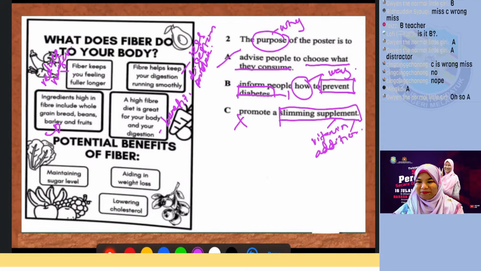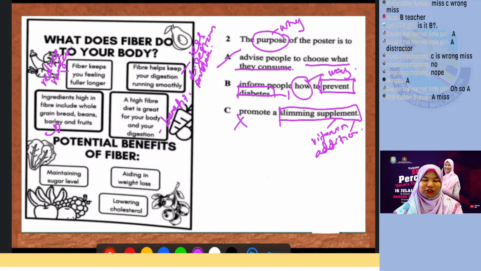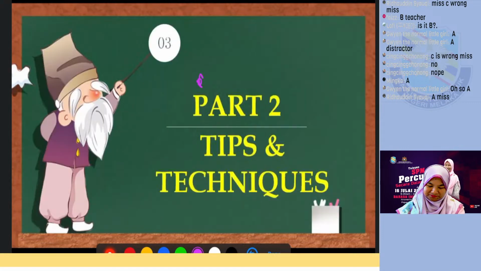Yes, Minka, A. Also A. Yes, Gwen, it is A. That's why B is a classic example of a distractor. Yes, Ridauddin, A, that's right. Well done, everyone. Let's move on to part 2 of your